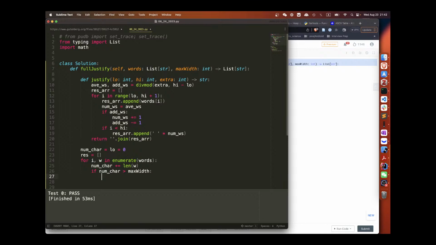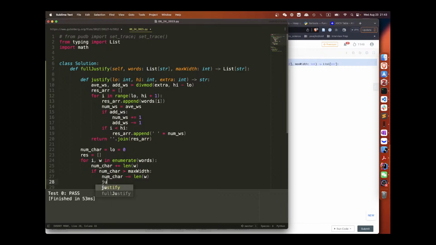We add a current word, it explodes on max width. Then we need to remove that, right? Then we call num char minus equal to len w. So we remove this. The remaining we are going to push inside.